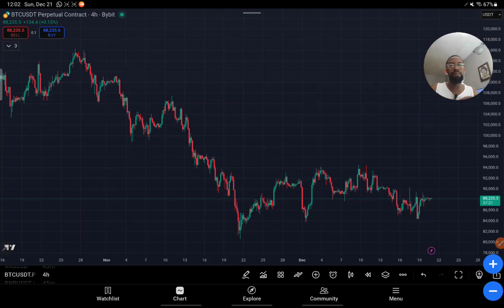Then we have scalpers. Now, as a scalper, I've seen people that always say, my entry point is always on 1 minute, I use 1 minute to trade. As a trader, I don't know what you want to be doing using 1 minute to analyze or enter the market, because on all these smaller time frames, you always find manipulation.